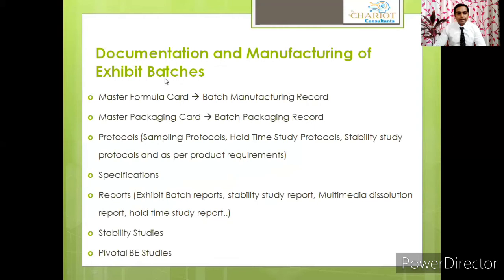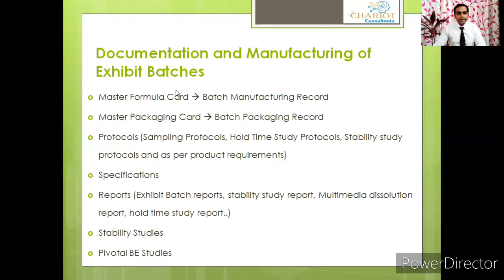Now finally, the final step of any batch: whenever a product comes, it is like a small baby. Whenever the product comes to the commercial scale or the exhibit scale, that turns into an adult, and then finally it goes into the market. So in our terms, when any product comes in our hand, we call it a baby. Why do we call it a baby? Because we have to take care of it so that it can be properly distributed to the patients, and we have to take utmost care at each and every step during the development process.